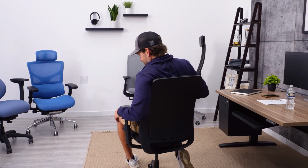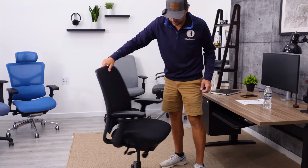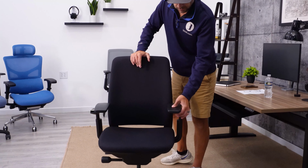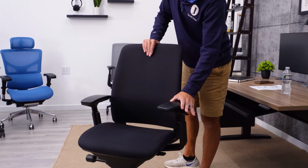Yeah, I'm going to be right there with these guys. I think it's an amazing chair. And number one reason is that you're getting more than what you're paying for. Again, this is a $1,000 chair, which is high. I get that. That's a lot of money for a chair. But the other chairs that are $1,000, aside from the Haworth Zody, do not stack up to this chair even